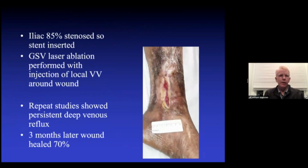So we found that the iliac was about 85% stenosed based on our IVUS measurements. So we inserted a stent, and we did perform a laser ablation of the great saphenous vein and injected local varicose veins around the wound. It's generally our concept that these patients need pretty much everything done that you can with a bad ulcer like